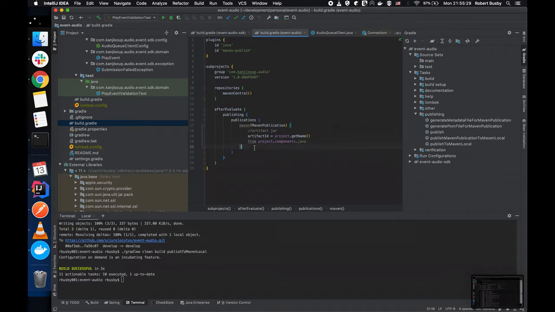But this basically says, okay, when I want to publish to Maven local, well, any Maven, this is the artifact ID I'm going to publish as, the project's name, and the things I'm going to publish are going to come from project.components.java, basically all of the components. Anything that's a component here is going to get published. Okay, and then we execute publish to Maven local,